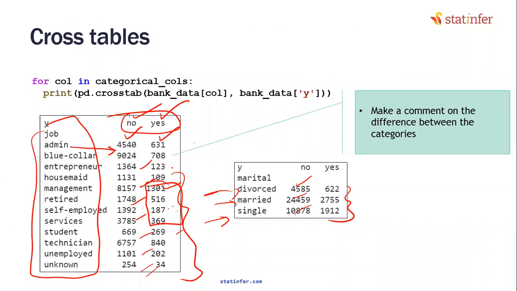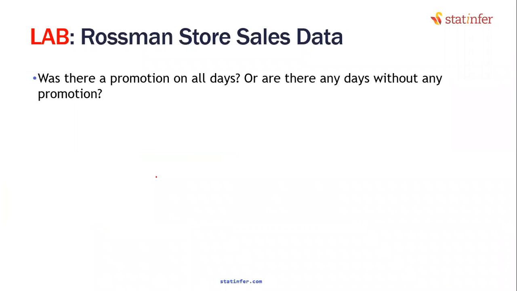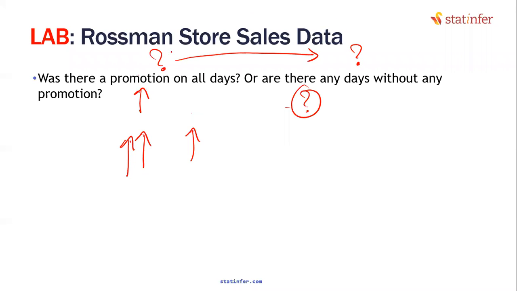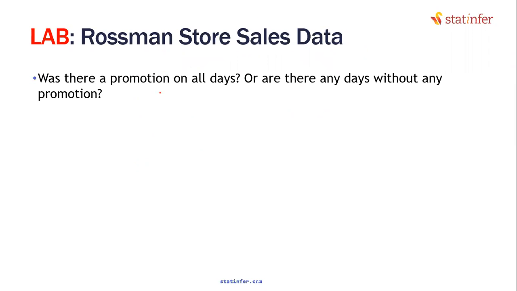An example that we have to discuss from Rossmann stores will be: was there promotion on all days? That means promotion and days. Is there any relation? Do you think you are running promotions a lot on Saturday or Monday or Tuesday? First of all, is your promotion depending on the days or not? Do you want to prove dependence or independence? Can you tell me the result of that? Is my question. Can you quickly check this and tell me whether promotion at all is related to day? Go ahead, all of you.